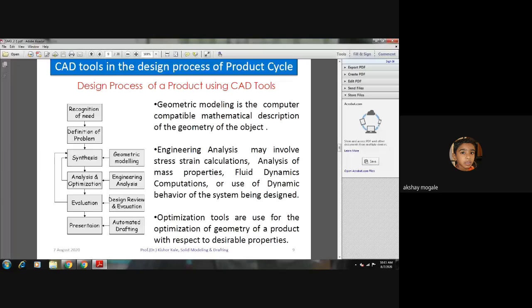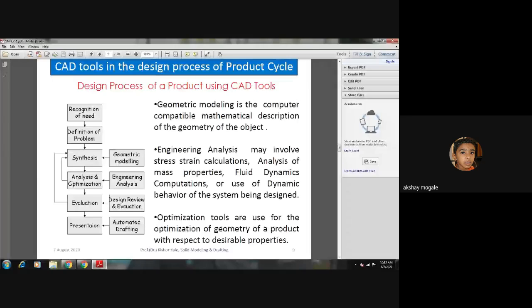Okay, that was geometric modeling. So initially the drawing is in synthesis. Initially the sketch was being drawn with paper and pencil, and then a model was drawn. Then a 3D model was made, maybe the actual one or maybe a clay model, but that is not required now. We are using geometric modeling for the product. You can say product or object, whatsoever. So the geometric model was there.